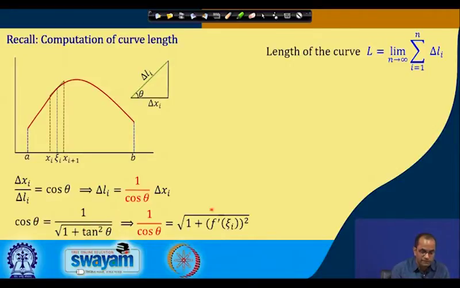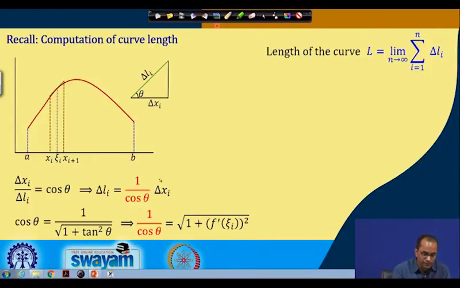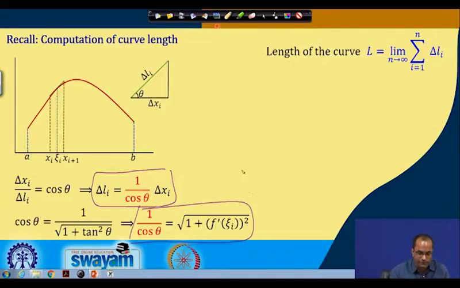Tan theta is nothing but the first derivative at the point xi_i, so we have replaced tan theta by the first derivative at xi_i, squared. Now, out of these two relations, we can remove 1 over cos theta and we can get delta L_i equal to